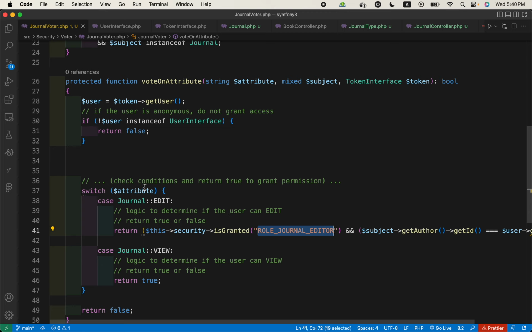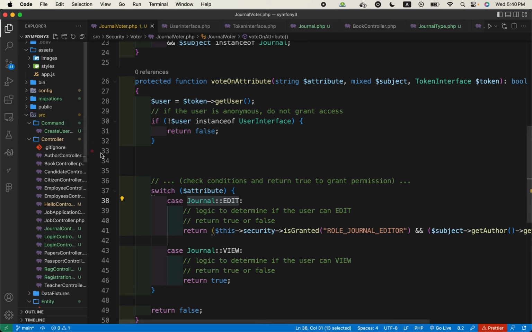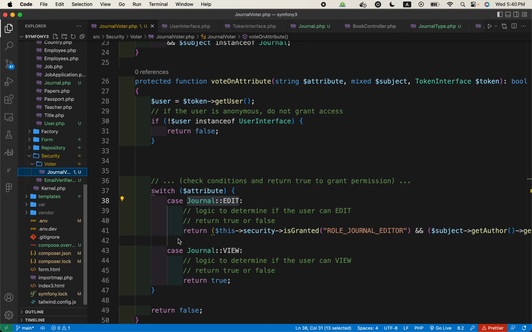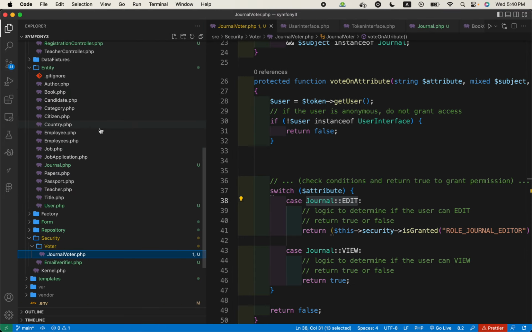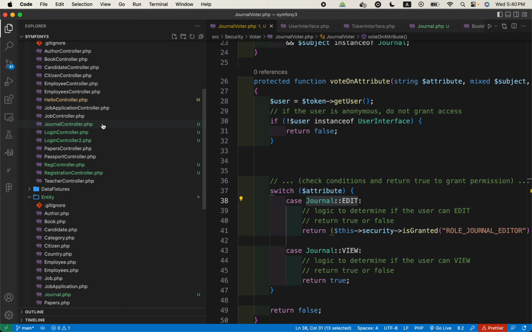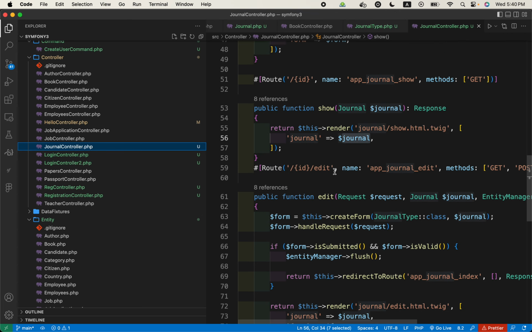So let us try it. Before making it functional, we have got to go to the controller method, and it's going to be journal controller. So if we come to the edit section, this one, we will use